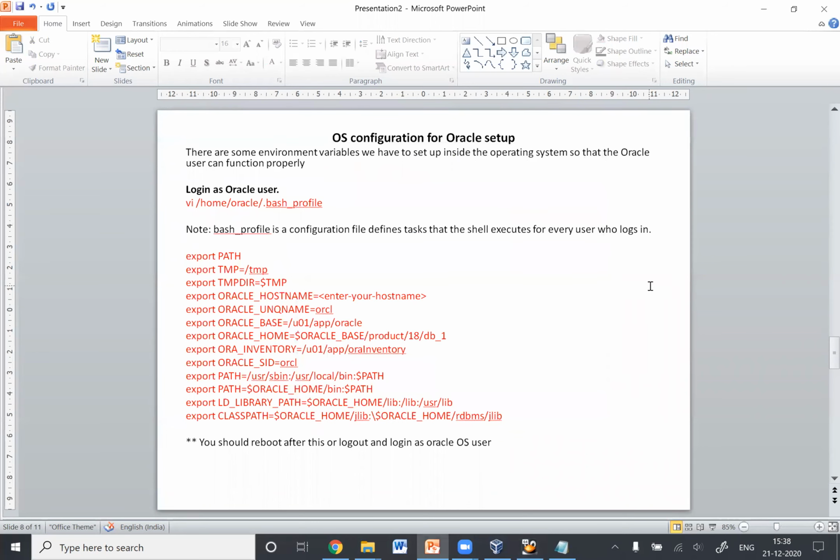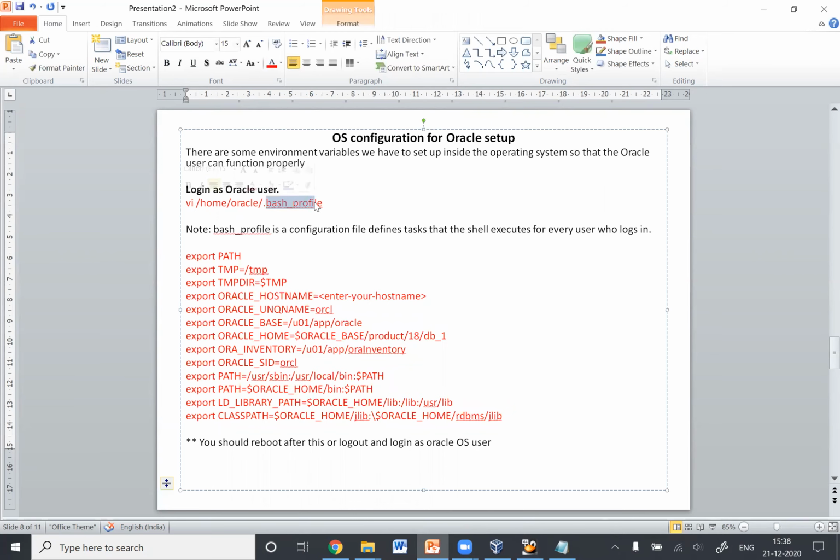Now in this step, what we have to do is we need to set up some environment variables for the operating system. So there's a .bash_profile file, which runs every time a user logs into the system. So every time Oracle user logs into the system, the .bash_profile for this user would run. Now we'll make changes to this .bash_profile file and we'll add these lines.